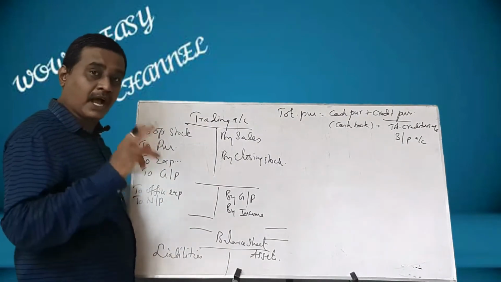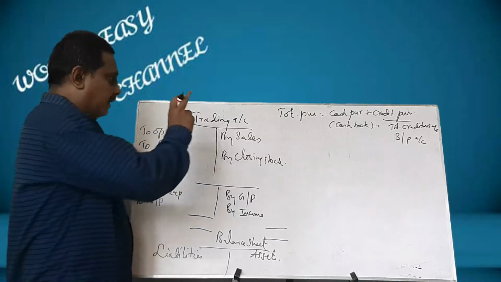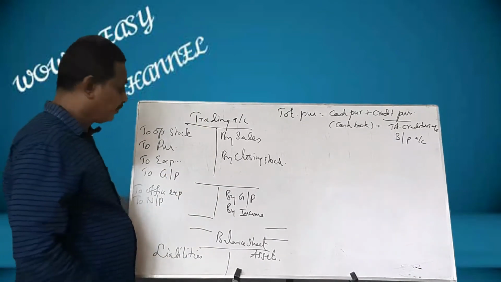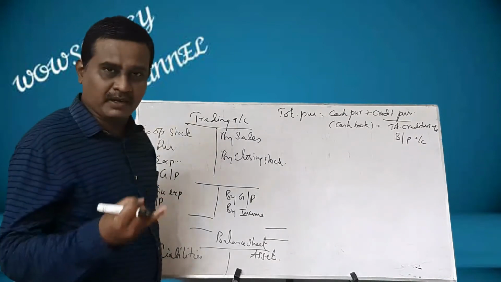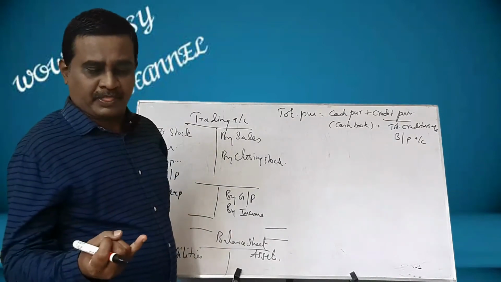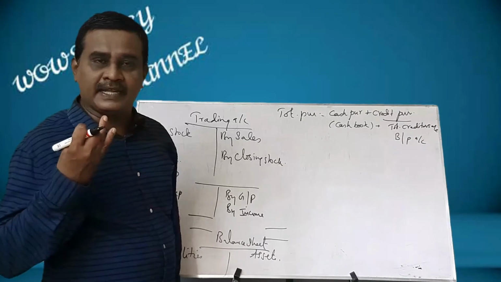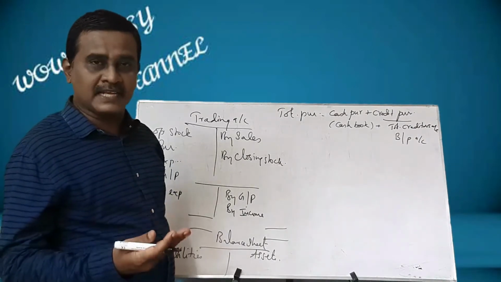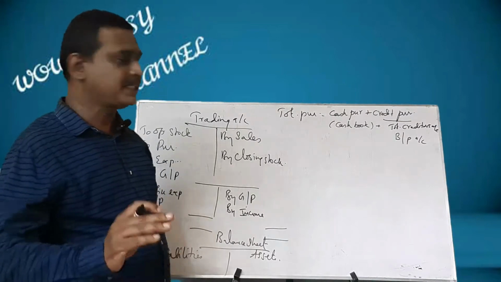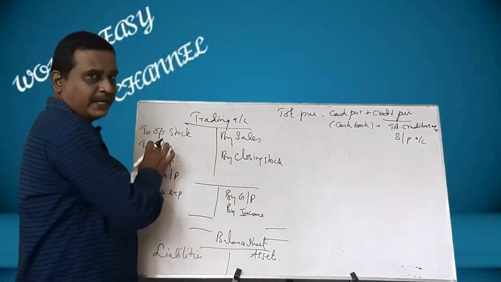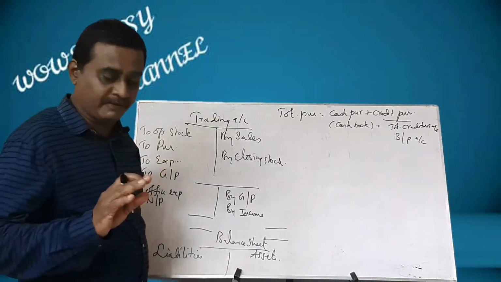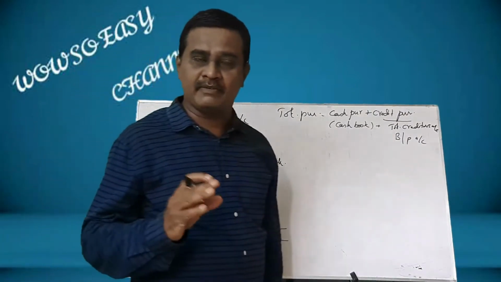Expenses which are associated with the manufacturing will come in the debit side of the trading account. For example, carriage inwards, and carriage on purchases, even gas, power, these things will come in the trading account debit side. How do we know this? Sometimes they will give. In most cases, they will give.